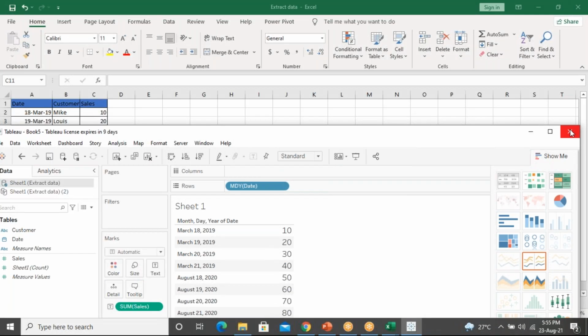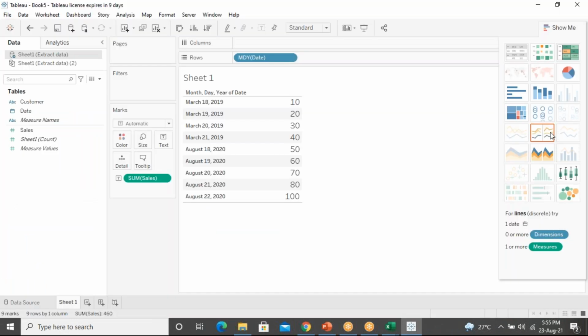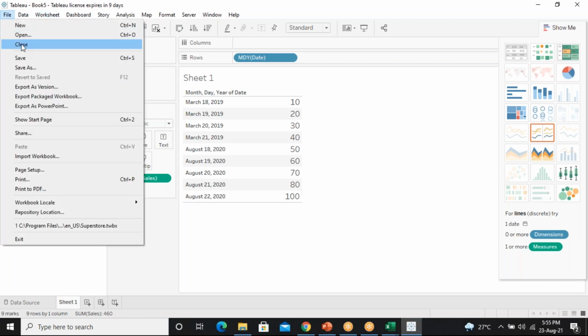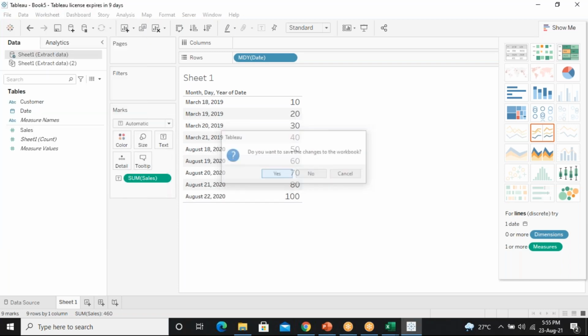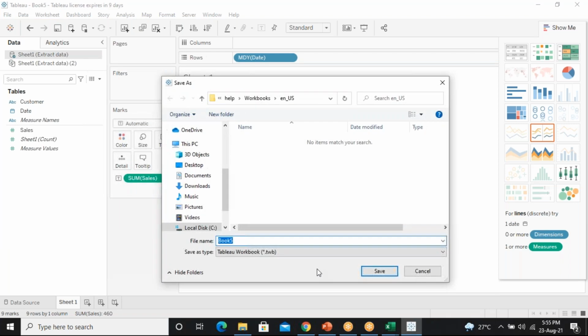Okay, so let's take the attendance. But please practice this, everyone. This extract and live. What I've done, the same thing, I should get one file like this here and one more file here. When I open that, I should have this live connection here and the extract connection here. Clear? And you have to save this and send it to me like this.